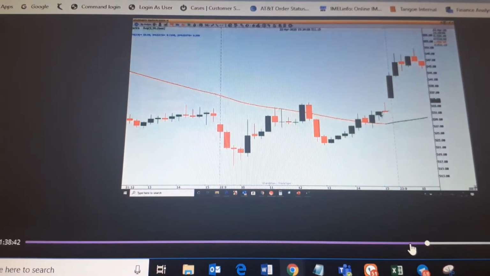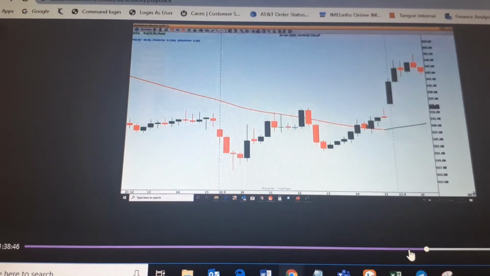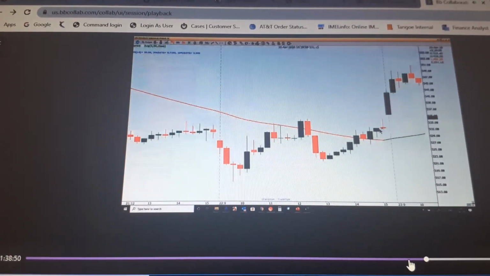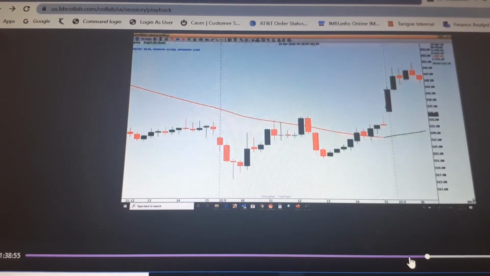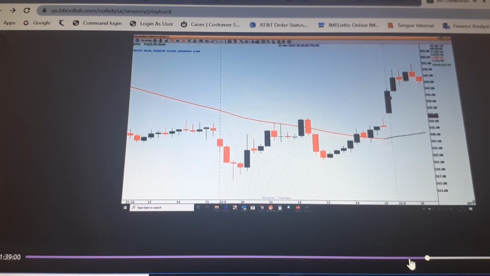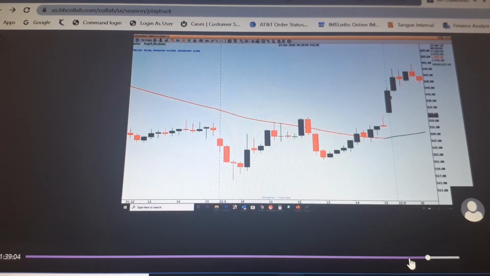So these are all your base candles. Body, where body is less than or equal to 50% of the range. This is your leg candle, right? Isn't this a leg candle? Why is this a leg candle? Because body is greater than 50% of the range. That's why this is a leg candle.